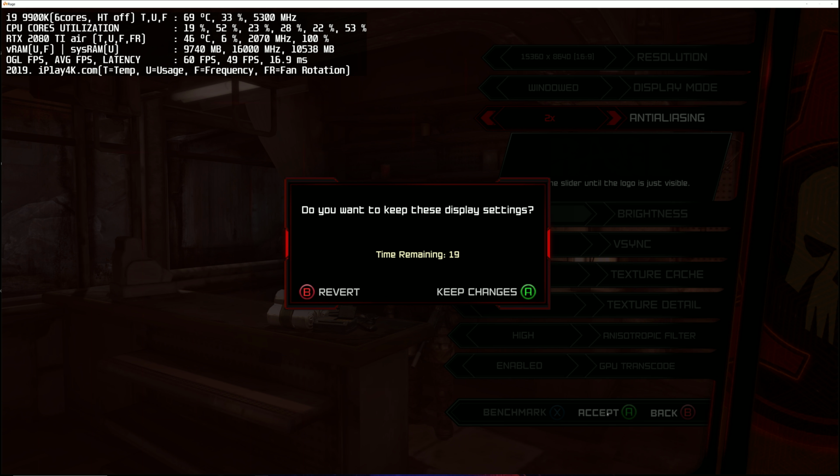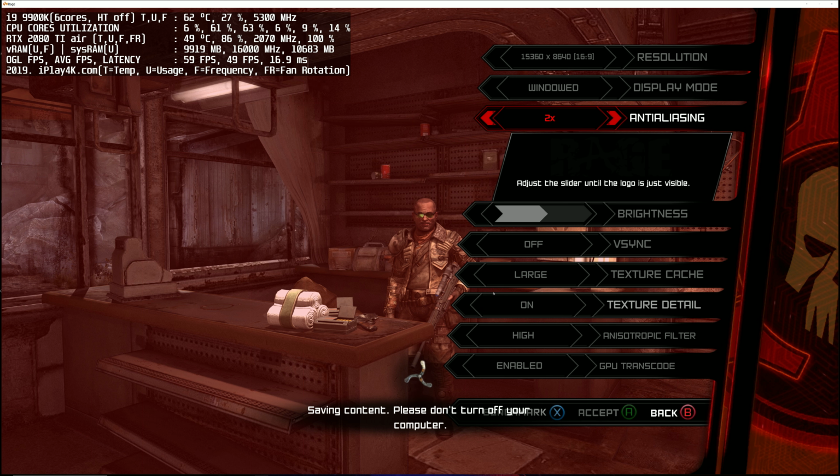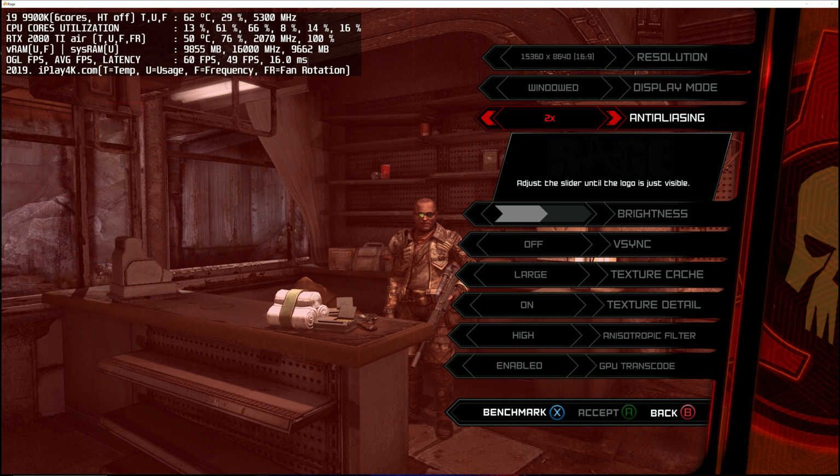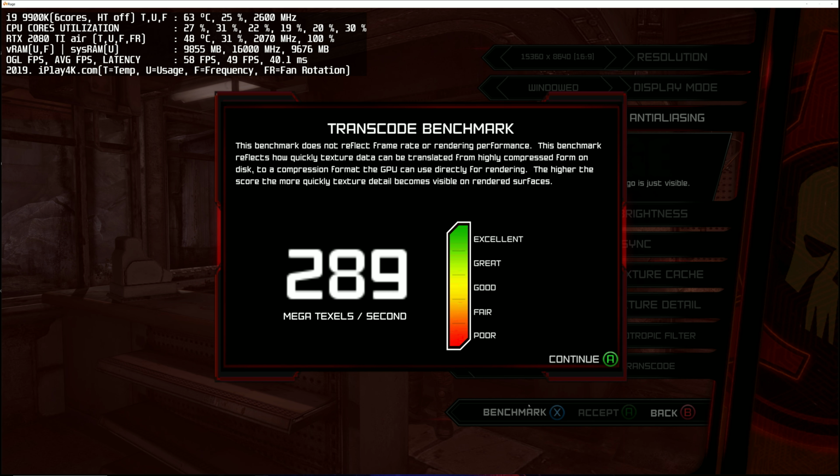But let's go ahead and have a look, guys. 2x. Immediately system RAM is above 10,000 megabytes, as you saw. Let me real quick go ahead and do the benchmark. I'm just curious. 289